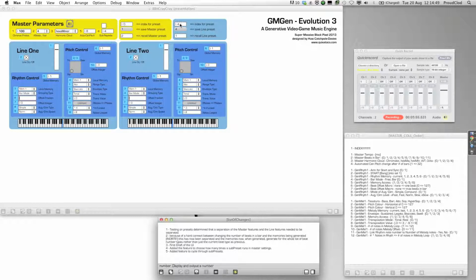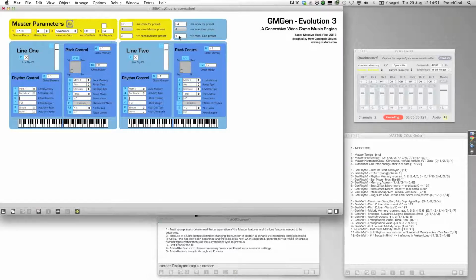So at the moment you can see I've just saved preset 4, and I'm currently recalling preset 1 from that. So if I cycle through these, you can see preset 1 is set up like this, volumes there, memory 1, var mode, etc. All of these feature functions are at this position. Same here. These two I believe are exactly the same in this one. And if I cycle up,